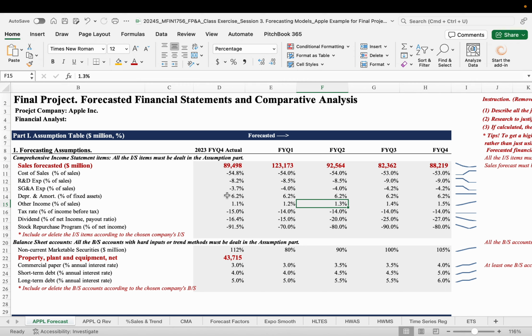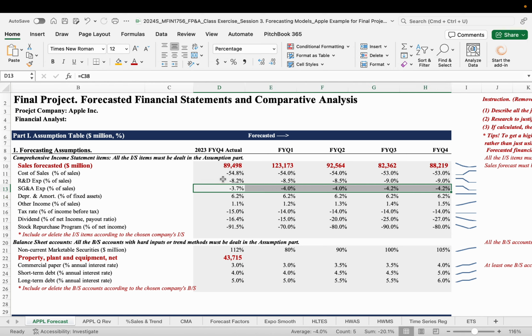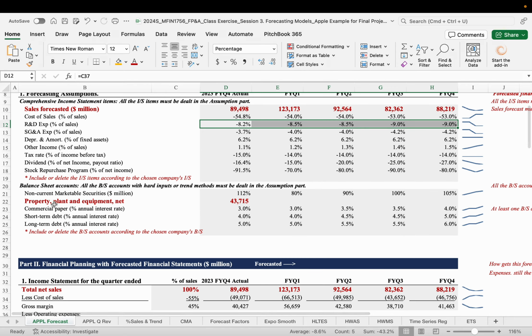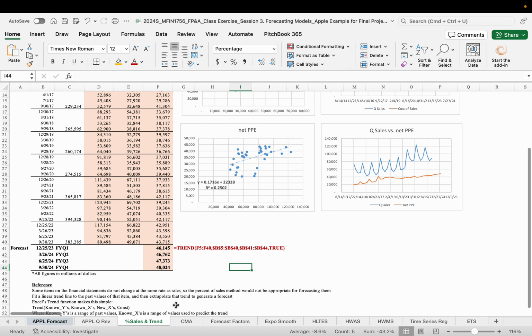For me, here, for example, depreciation, the SG&A is a slightly increasing trend, or R&D is also increasing, right? It's kind of a trend, right? Based on your own research, and then you describe the logic behind it on the paper, okay? And then the balance sheet accounts also can be linked to the percentage of sales. But again, as we practiced today, the property, plant, and equipment is not linked to the sales, right? Instead, we make the trend here